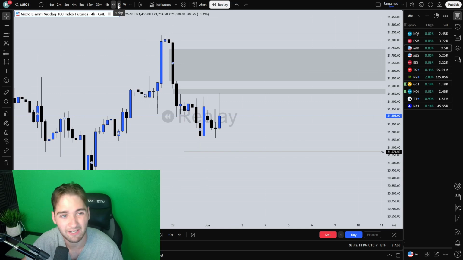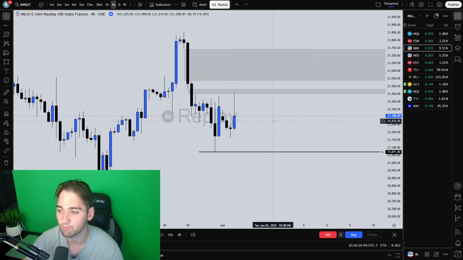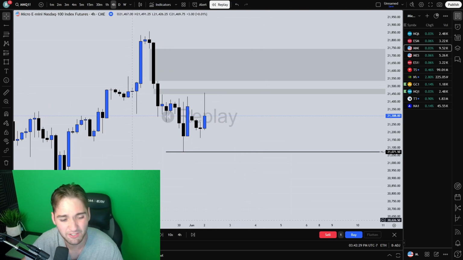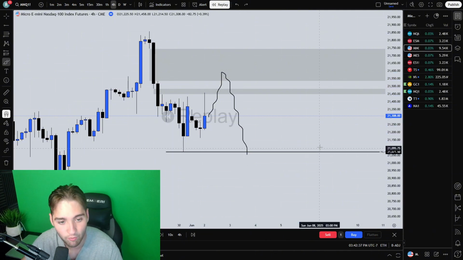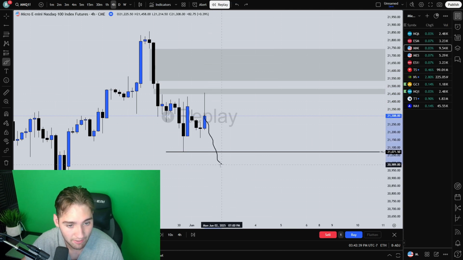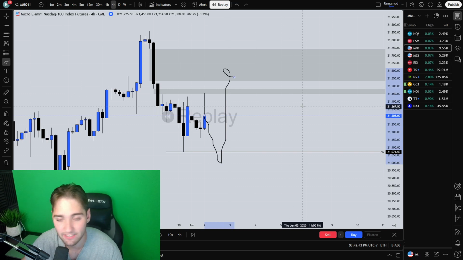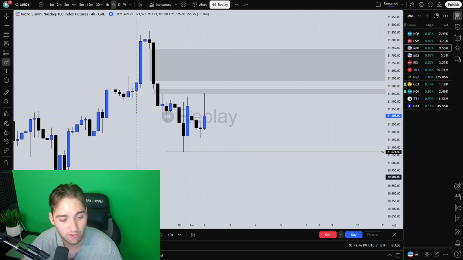So again, it's marking out those fair value gaps to determine a bias. So on the daily, I'm pretty bearish. On the 4-hour, I'm bullish until price reaches back up here. Probably could reverse and hit this swing low. We'll see how it works. But price could do two things here. So price could go ahead and come up here, come back down, and reach this previous day low level. Or we could see price come down in here, sweep this out, come back up inside of this fair value gap. So that's two possibilities.